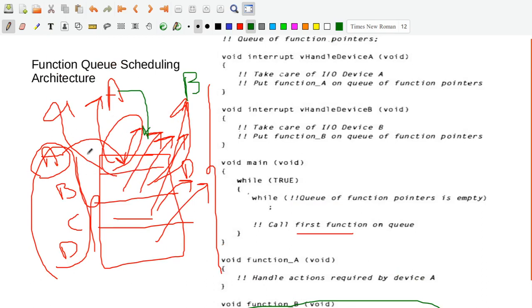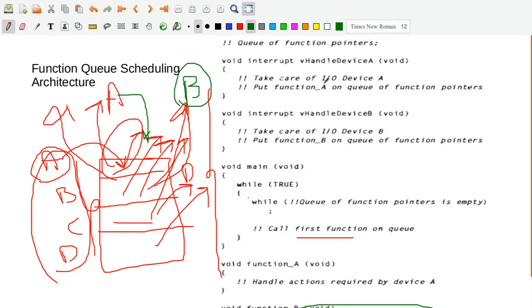A first is put up here, then A is taken, then it is serviced here. Now assume B is getting serviced here. Now A wants your attention. Of course, it has the priority here. It can actually